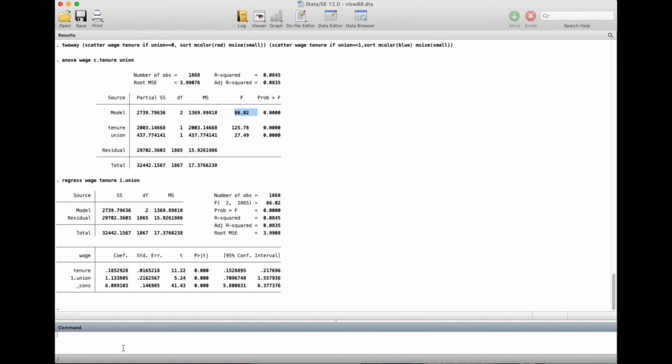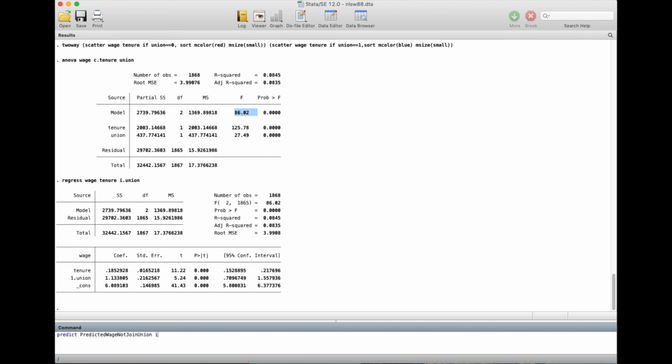And now let's see, if we want to predict whether someone joins the union or not, whether there will actually be a difference in the salary. So we use the word predict, and here we make a new variable, predicted wage, and then let's say if they don't join, so predicted wage not join union,